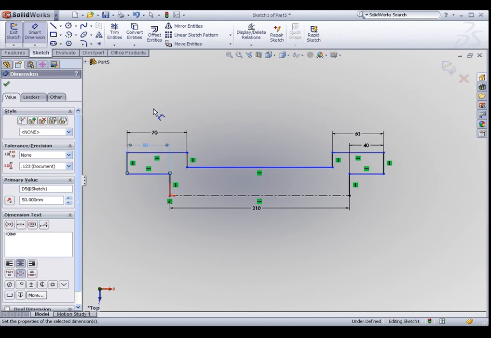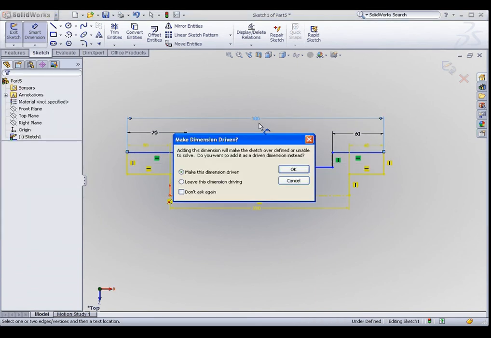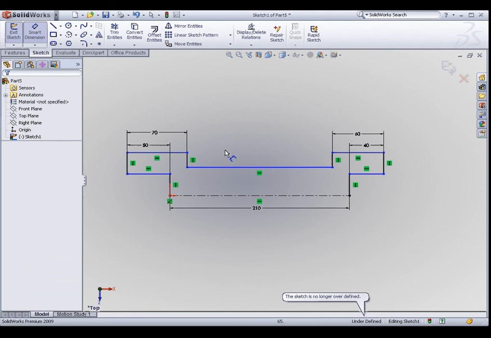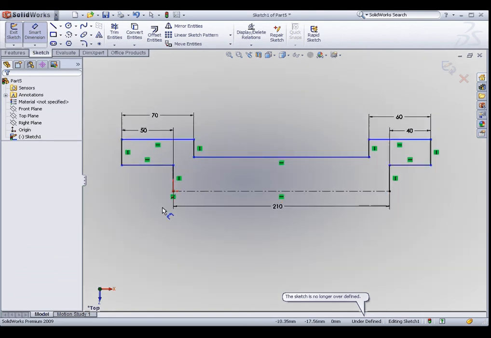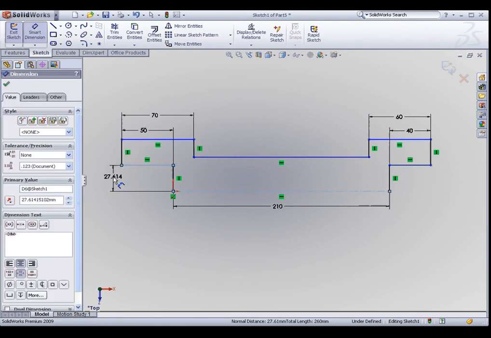Notice, so far what we have been doing is clicking on a single line and adding a dimension. Well, the Smart Dimension tool, like its name, is quite smart. It can also dimension between two lines. Let's say if I pick one line and another line, straight away, it will give you a dimension. Just click cancel. This is okay. Well, if I like the distance of this line to the center point here to be about 15 mm,